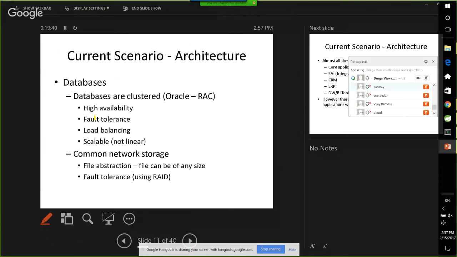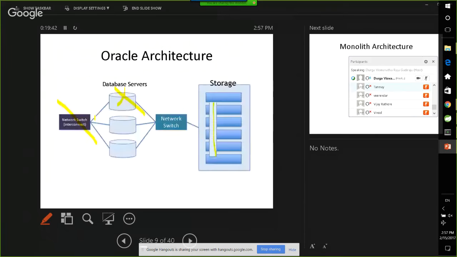So now if I have three nodes, three database servers like this, right? If one database server is able to support 1,000 users, definitely if you have three servers, that means you have triple the capacity. It should be able to support more than 1,000. Ideally, it should support 3,000 users.